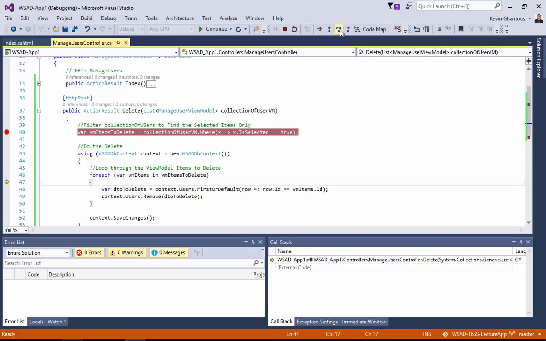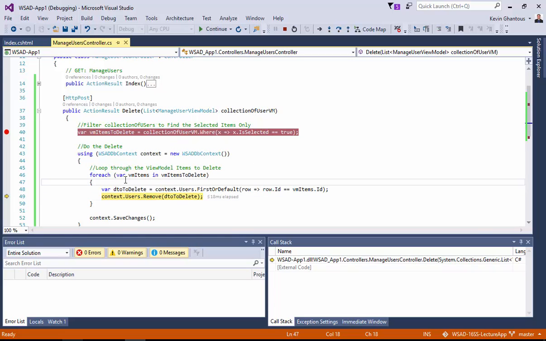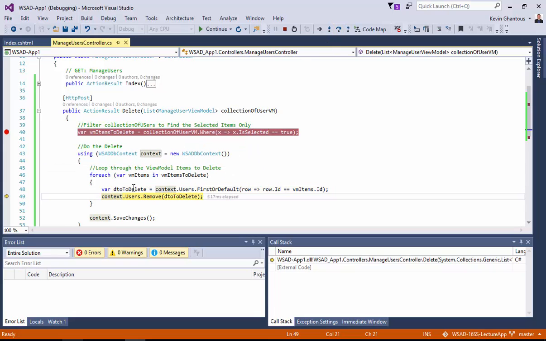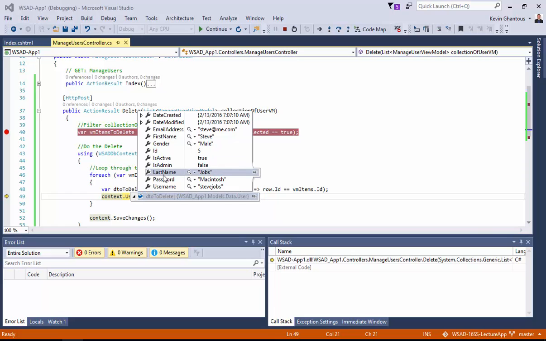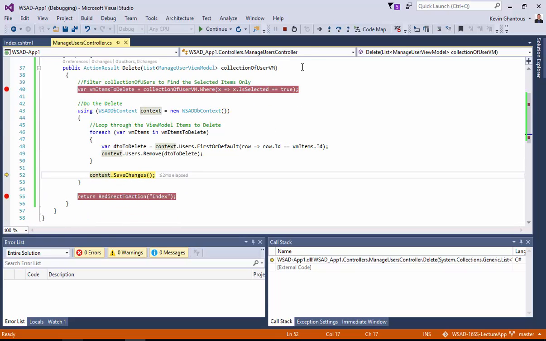And the first item that we will be grabbing will be an item with the ID of 4. We'll step over one more time, and now our DTO to delete should be our DTO for Bill. And there's Gates, so that is Bill Gates. So I'll step over again, then we'll step to the next one, and our VM item has an ID of 5. And we'll step over again, and our DTO this time will be for Jobs. So now we can step over, and that'll be the end of our loop because we only have 2 items. And then we'll call save changes, and those changes will then be committed to the database. We'll step over,